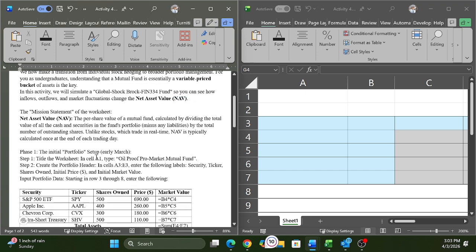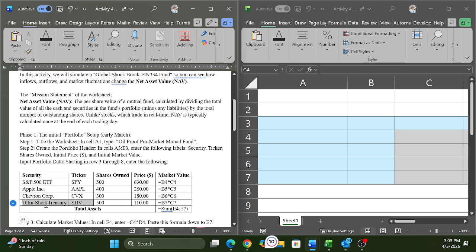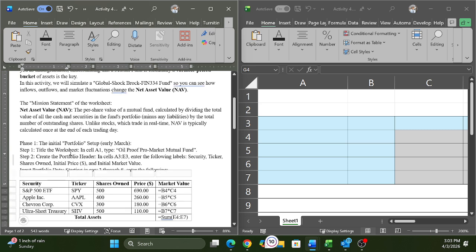The mission statement of this worksheet essentially is: the per share value of the mutual fund is calculated by dividing the total value of all cash and securities. In our case, the cash is not cash, but cash is stored in the form of this ultra short treasury ETF. So it is added as a proxy for cash, and you'll see in a minute why. This and securities in the fund's portfolio, minus any liabilities, divided by the total number of outstanding shares or units. Unlike stocks, which trade in real time, NAV is typically calculated once at the